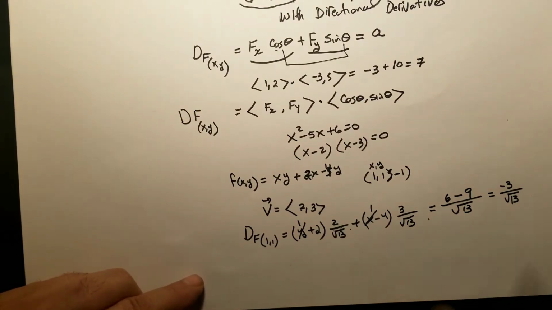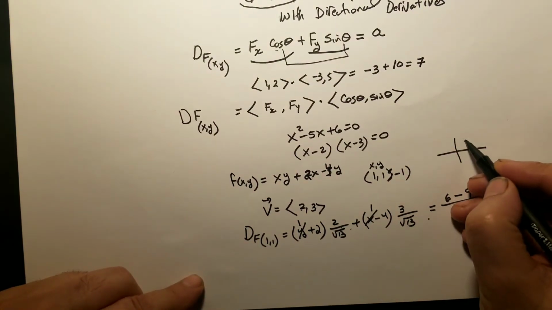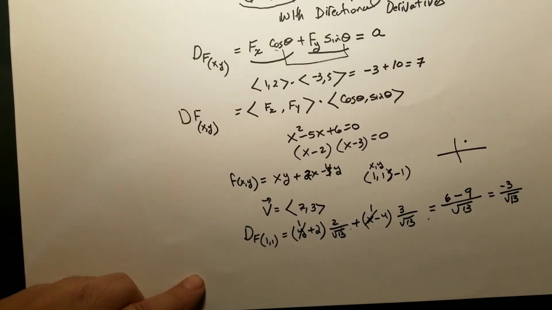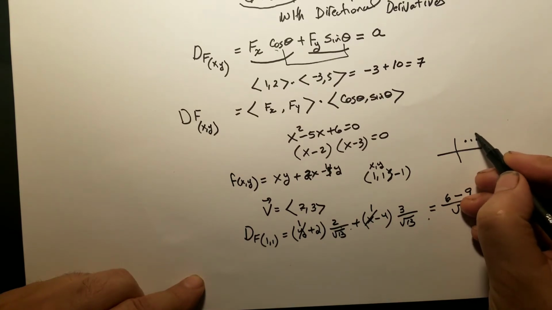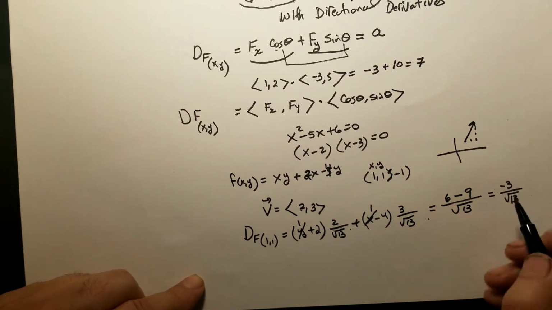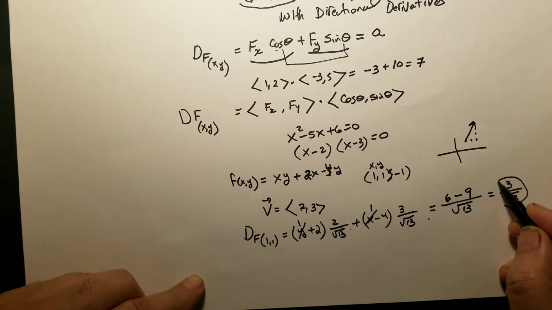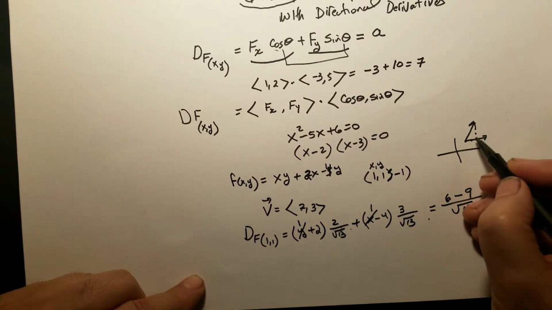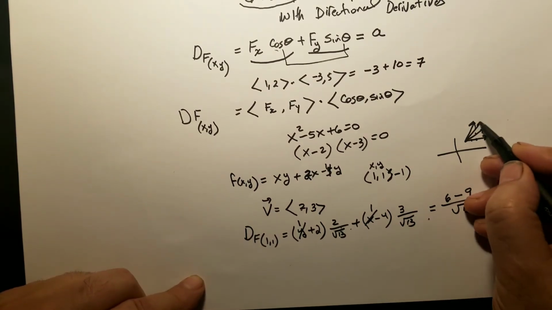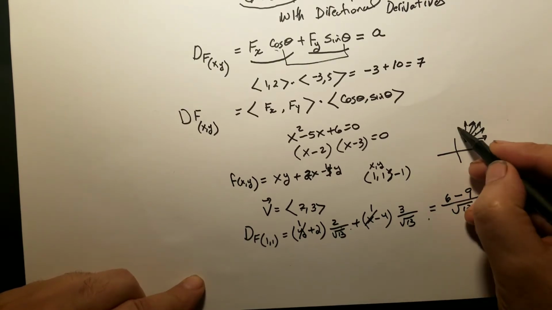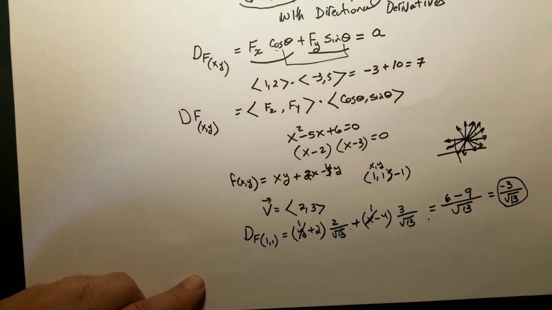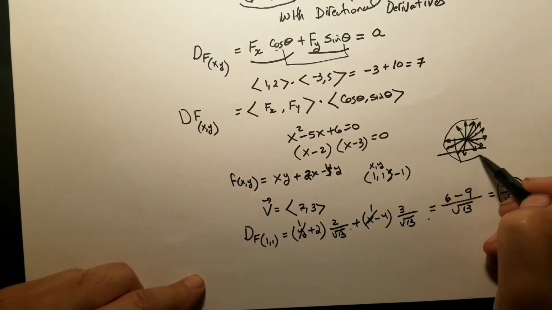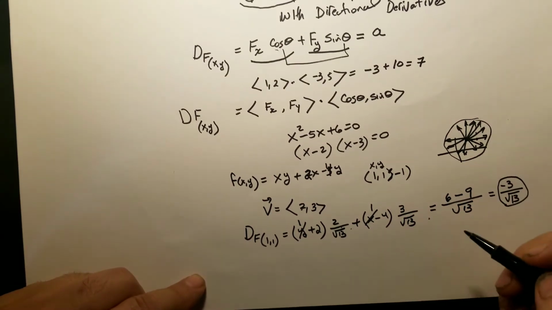But the question is here: you are standing at the point 1 and 1, and you're going to ask me a question. Yes, you told me to go in the direction of 2 and 3. In that direction, this is the rate of change. Then you're going to say, sir, what happens if I go in that direction? I have infinitely many directions, and I promise you, among all these directions, there is one direction in which the rate